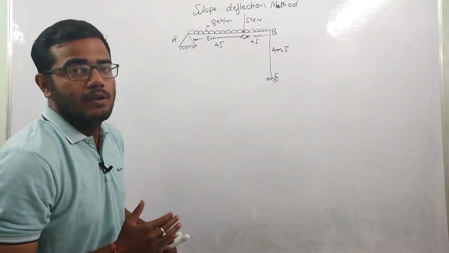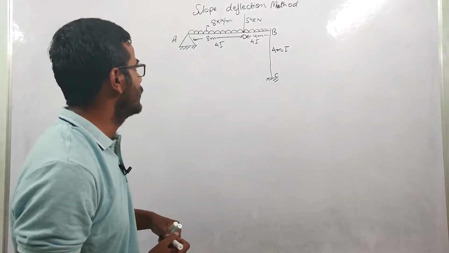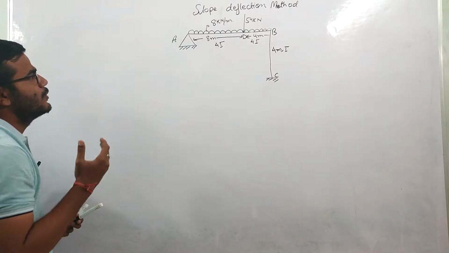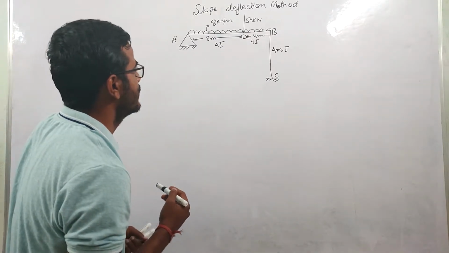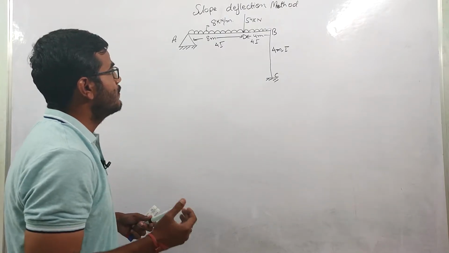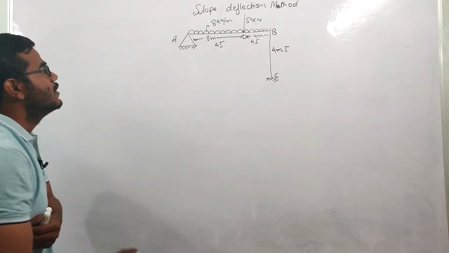In analyzing the problem, we need to find the external reactions at the supports, and we also need to find the internal reactions generated in the beams. Internal reaction means the shear force and bending moment coming on these beams and columns.